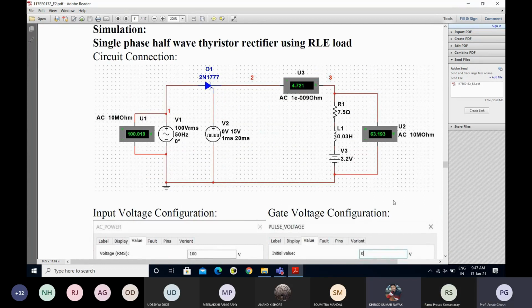For my case, if I change the inductor value from 0.02 to 0.05, it works. If I go beyond that, it shows a convergence error. There is an issue in Multisim. It's because in Multisim the numerical simulation is not properly done, so there are some limitations in that software.